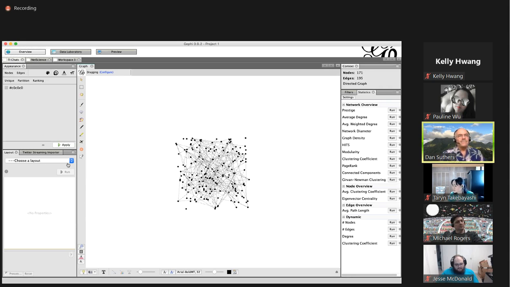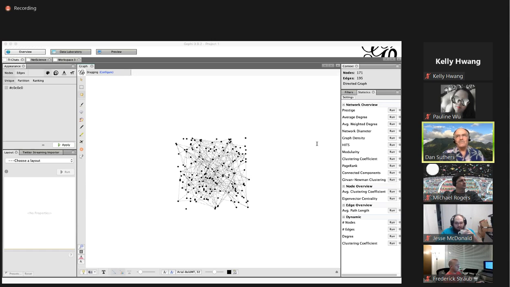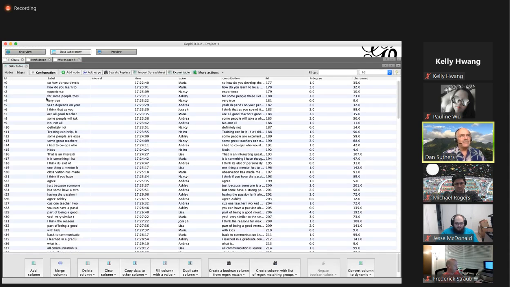Okay, so the first thing we're going to look at, well, we're going to look at layouts. And so I've deliberately chosen different sizes. There's 3 different sizes and 3 different kinds of structures. Maybe I better just remind you, TI chats, if we go into data laboratory, remember this is actually an actual